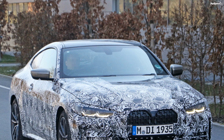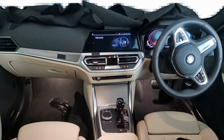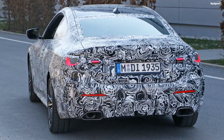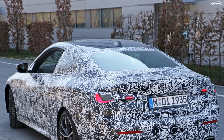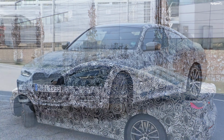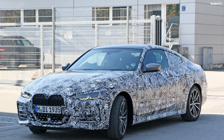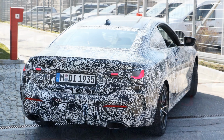With or without the addition of xDrive, the 420d will rely on an inline-4 turbodiesel displacing 2 liters, with 187 horsepower and 400 Nm (295 pound-feet) of torque on tap. Above it in the food chain, the 430d would offer a 3.0-liter inline-6 turbodiesel mill producing 261 horsepower and 580 Nm